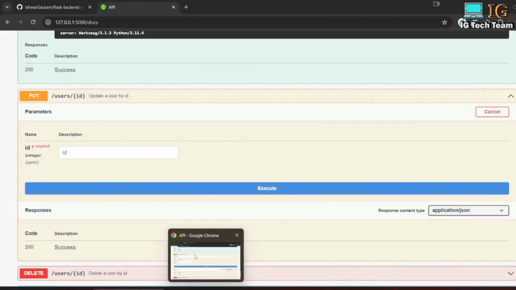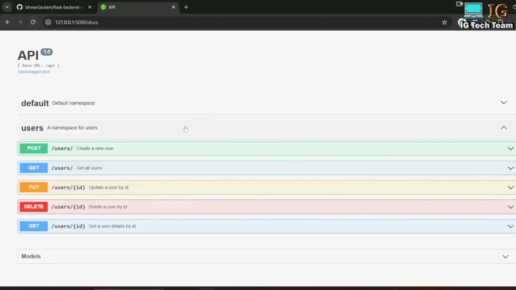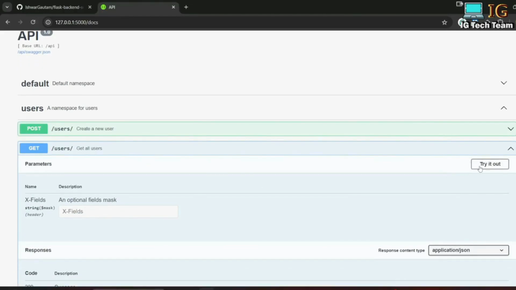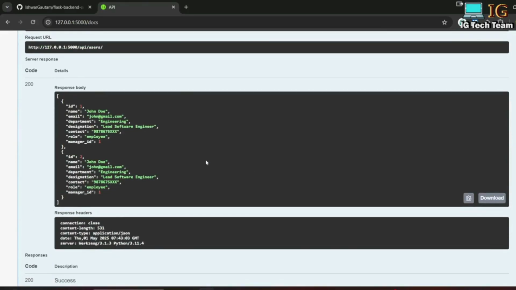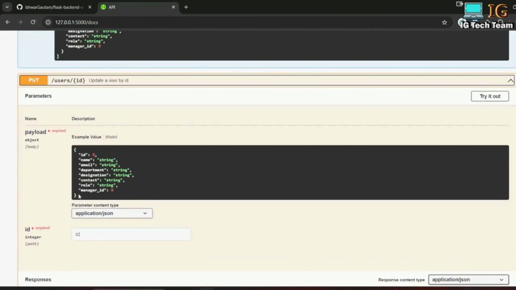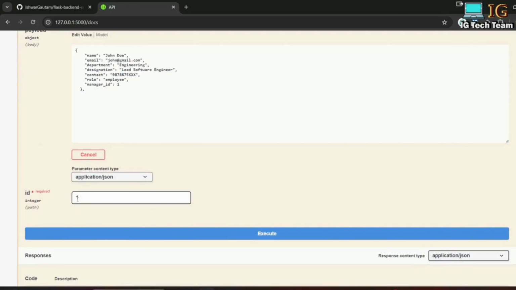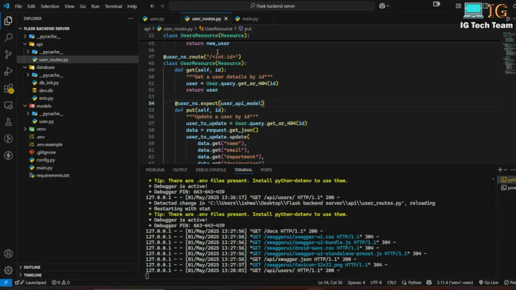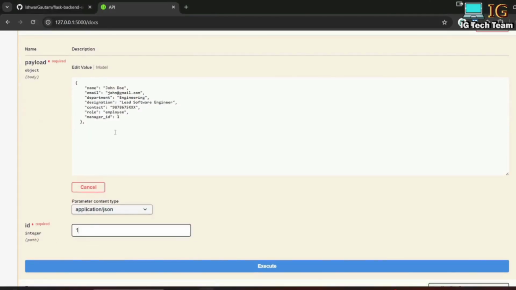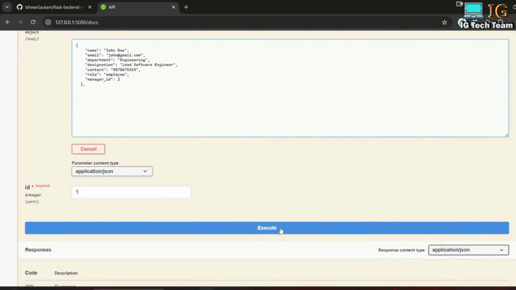Now if I go to my API document here, and if I refresh this, okay, first of all let me get all the users, try it out, execute. I will copy this, Control C, and in my put request now I'll be able to see this example value, try it out, Control V, and this will be for my ID equals 1, so I have to pass ID equals 1, and this will go in my URL. You can see here ID is required, int ID, so I have to pass ID equals 1, and here now I would like to change my manager ID to 2, and if I click on execute,